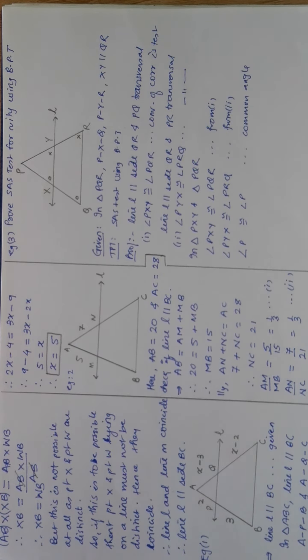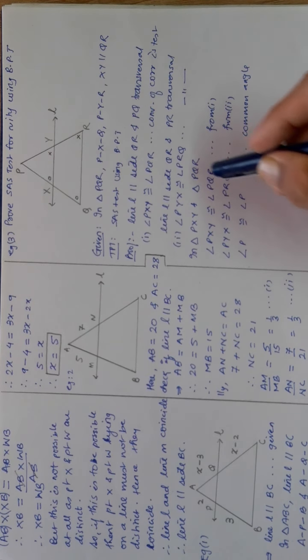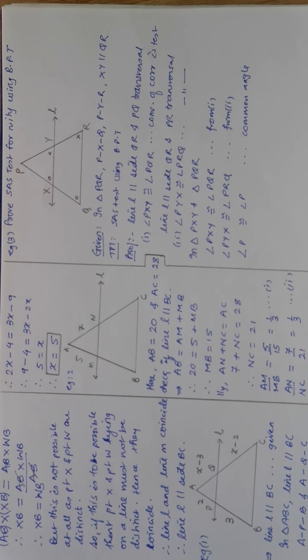Here we are getting three angles of triangle number 1 correspondingly congruent to three angles of triangle number 2. Then obviously the two triangles will be similar by the AAA test for similarity. We are showing similarity, but not using the SAS test. We can use any other test, or you can use the definition also. But the definition becomes difficult because we will require all three sides also, which is not possible. So I am using this test over here.